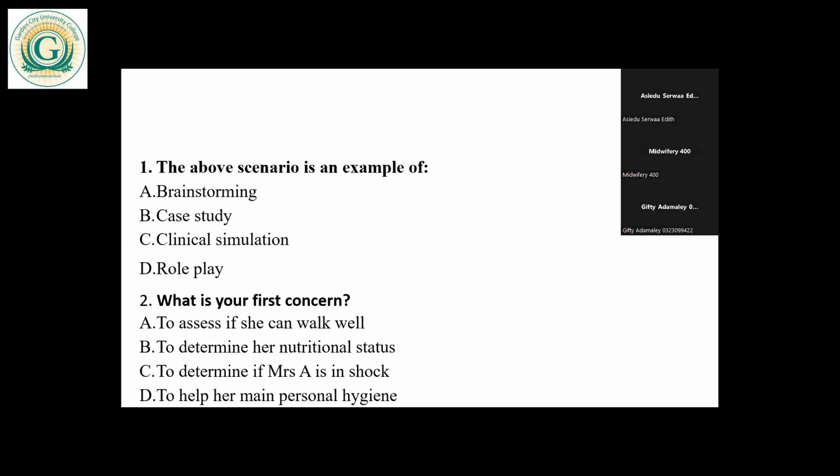So this is a case that's like, even now that we use our triage, you color code her red because it's an emergency case. So determining if she is in shock is a priority, a primary concern that you should have before thinking about whether she can walk or not. Even if she comes in a wheelchair or she was brought in on a trolley by the ambulance, that should not be your concern. It should be the bleeding. Why she is bleeding, tackle that first. If she's in shock, manage her before you can start finding out if she can walk or not.